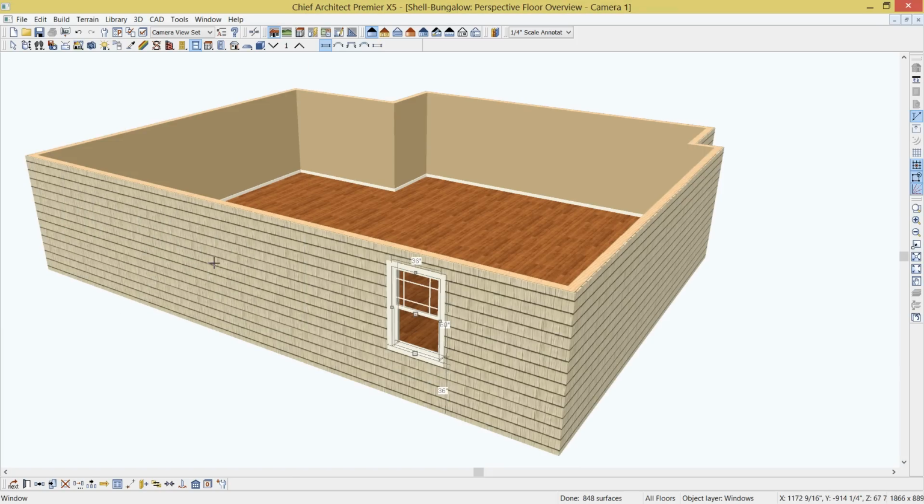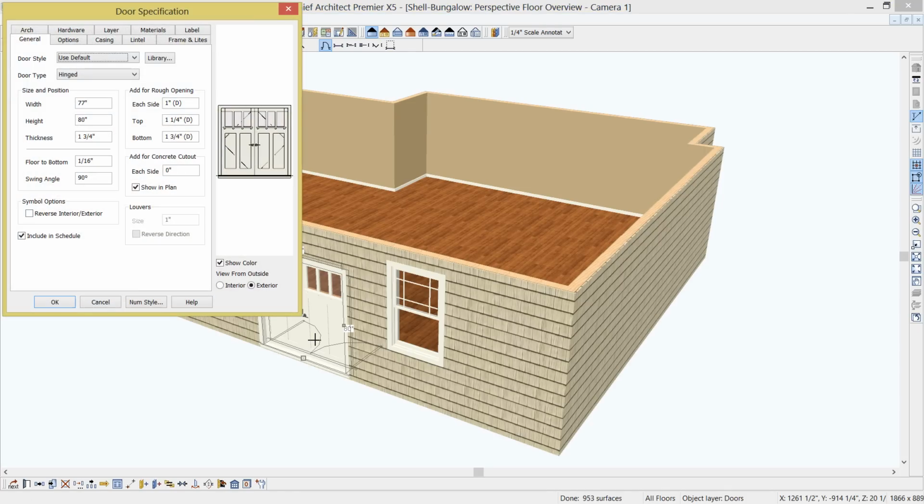Select that. Doors work the same way. If I place our door tool, place a door, you can resize it, and again if you double click on that door, here's where you can enter in information about that. So let's go ahead and set that to be 60 inches wide. And I'm also going to make that a 96 inch high or 8 foot high door